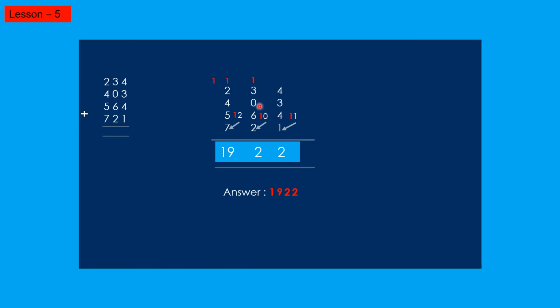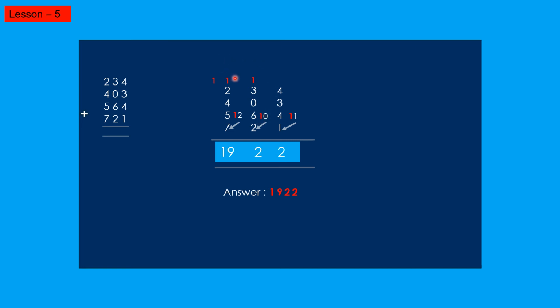4 plus 0 is 4. Again 4 plus 6 is 10. In 10 again you circle the number 1, and 0 is added to the next number 2, and then 0 plus 2 is 2, and you write 2 in the answer box. And here only one number is circled, that is your base. This number comes in the next column.